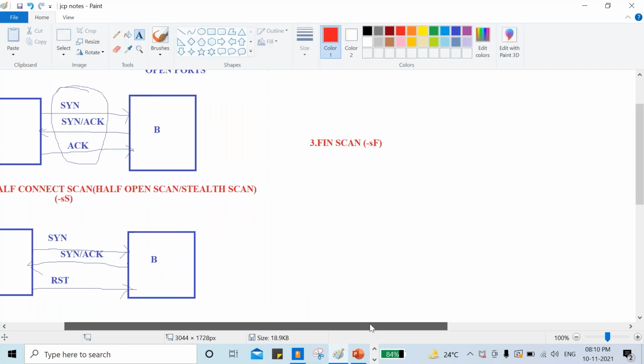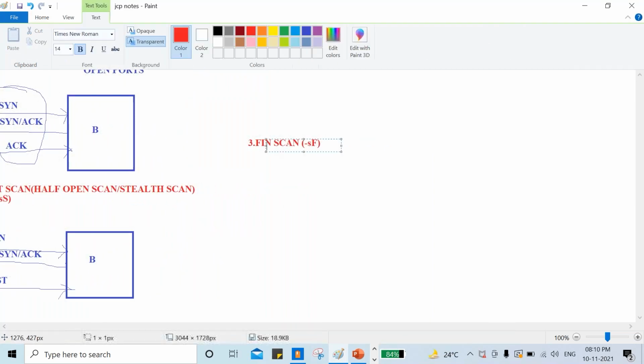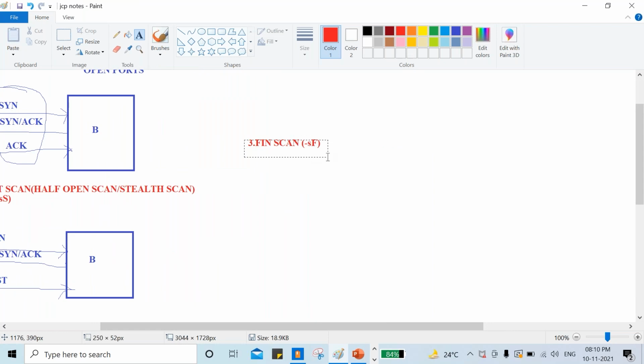So when it comes to the FIN scan, what will happen? We'll take the same example.